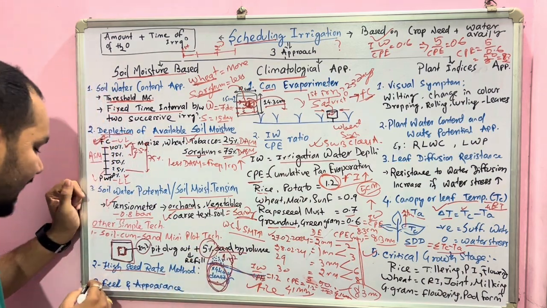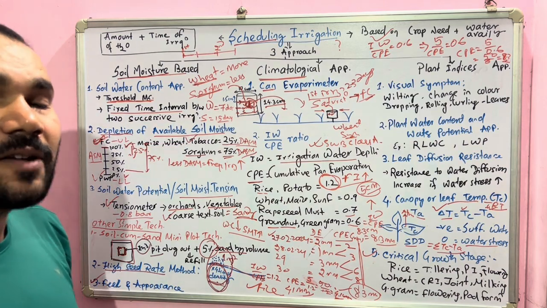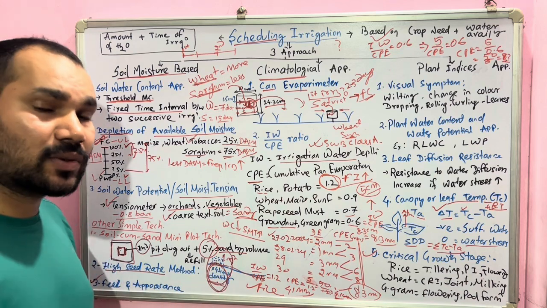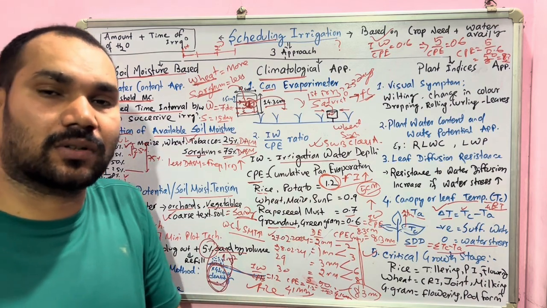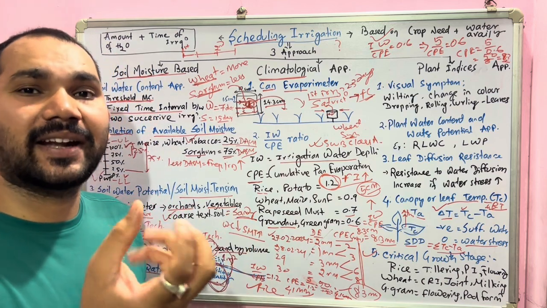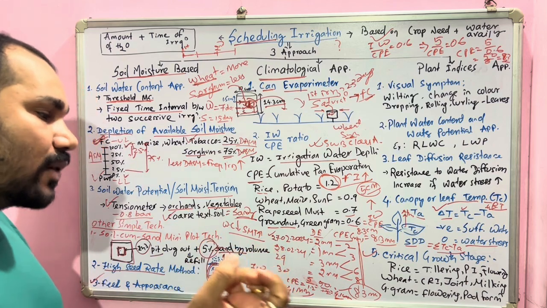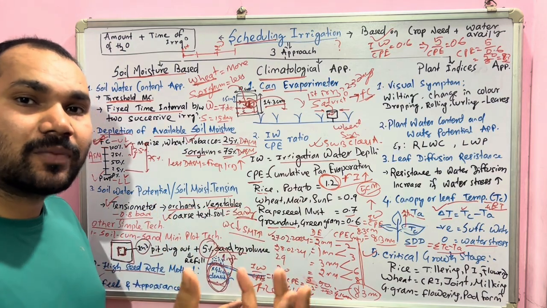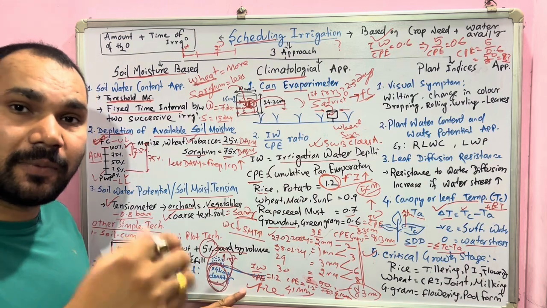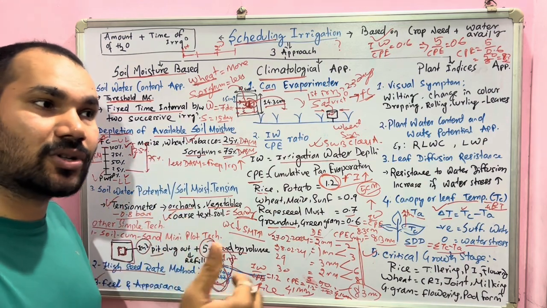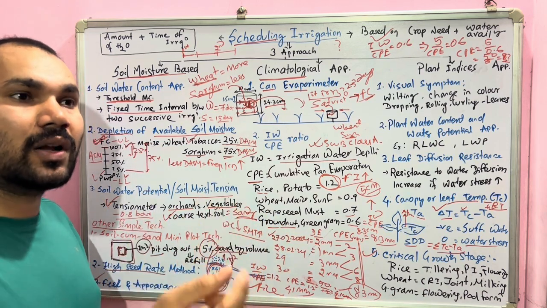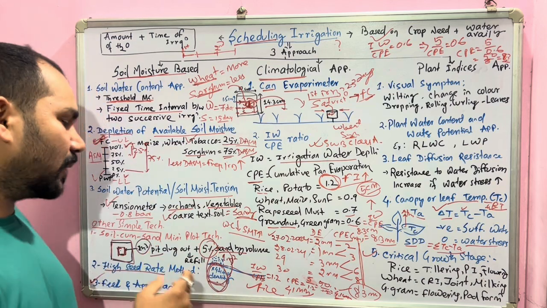Very simple. And the last one is feel and appearance method. This method is based upon the practical experience of the farmer. Suppose the soil contains more moisture. If the soil contains enough moisture, then I can form a soil ball or anything, which is the feel and appearance method. There are different criteria for different soil moisture content and what you can make. Either you can make a ball or you can make a ribbon. Based upon these things you will